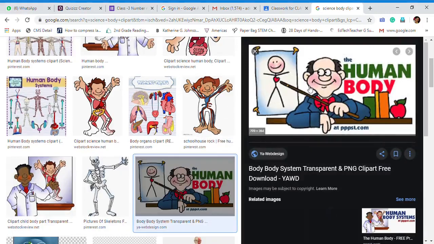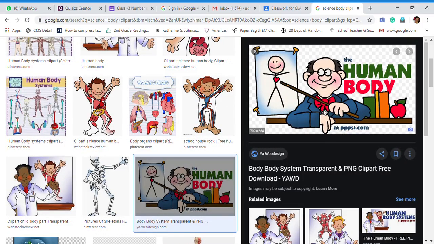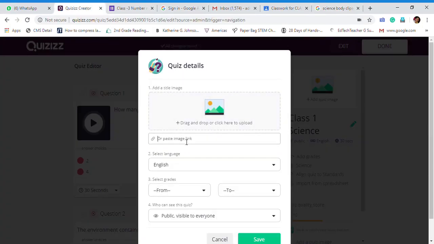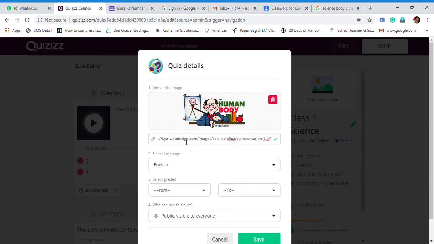Human body. Suppose this is a picture which I want to use with my quiz. Right click on the picture, click on the option copy image address, and with the quiz editor you can paste your image link here. So this way you can add this title image to your quiz.